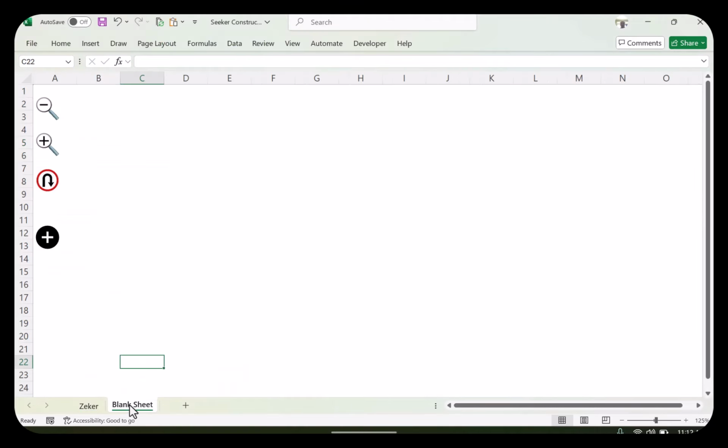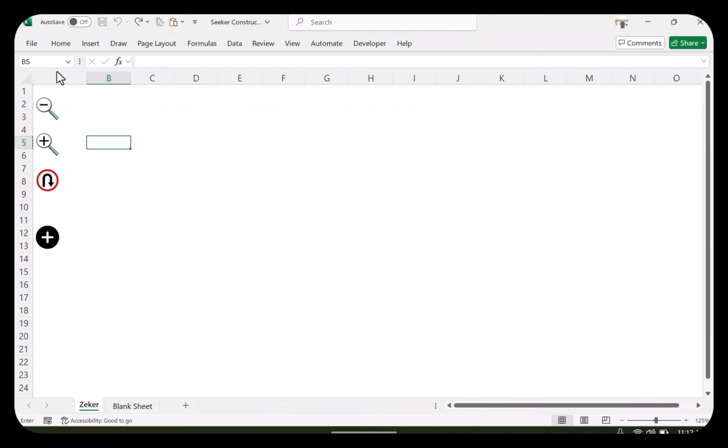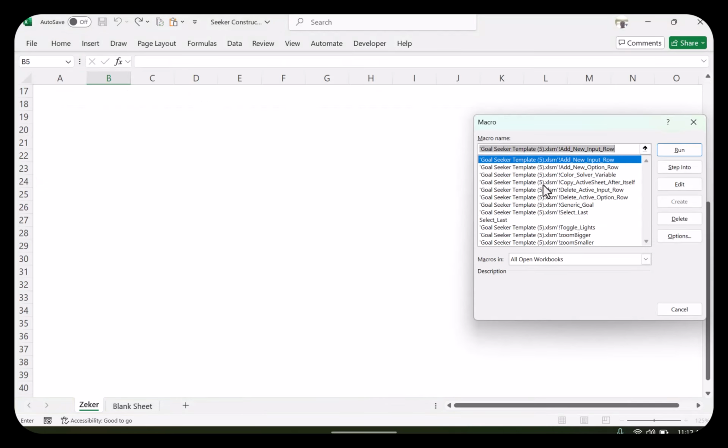so I'm at blank sheet right now, right? I'm gonna go to Zecker. That code is activated. Okay. Now, if I go back from developer, hit macros, and pick my select last